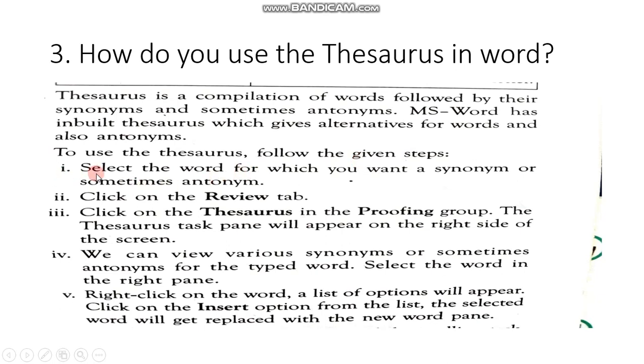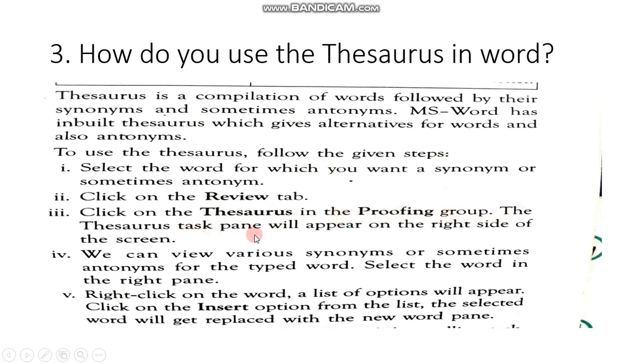First point, select the word for which you want to hear synonyms or sometimes antonyms. Second point, click on the Review tab. Third, click on the thesaurus in the proofing group.